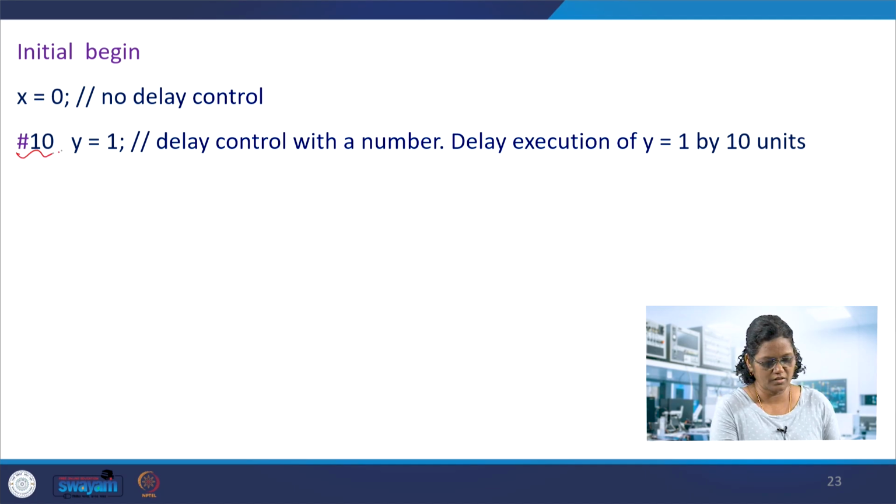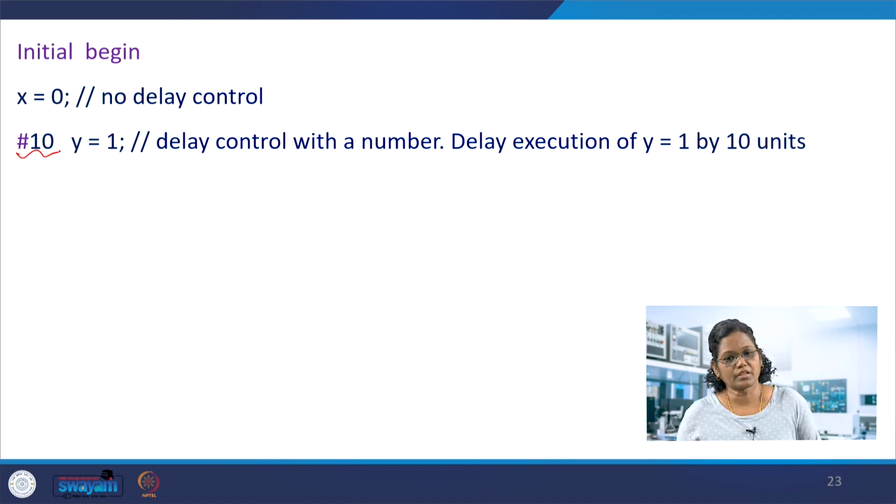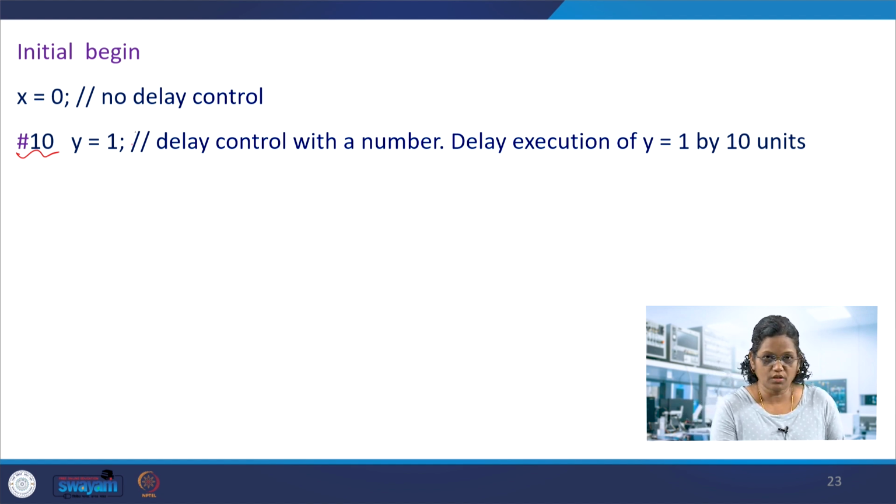Yes, in the left hand side of the procedural statement, there is a #10. We use this in the case of test benches. All the testing of test benches, we used to give this time control, if you recall. So this is executing the statement y equal to 1. The y will be given value 1 after 10 time units. The execution itself is delayed here, so it's a delayed evaluation.